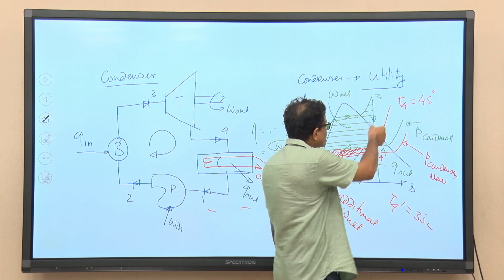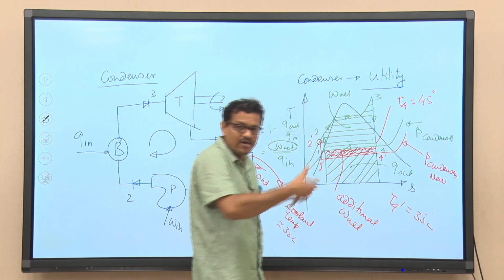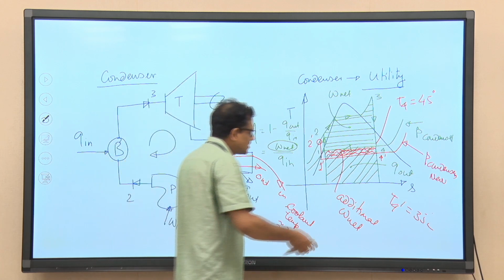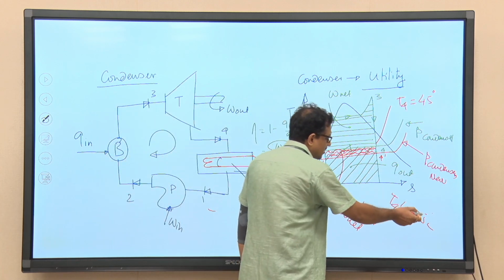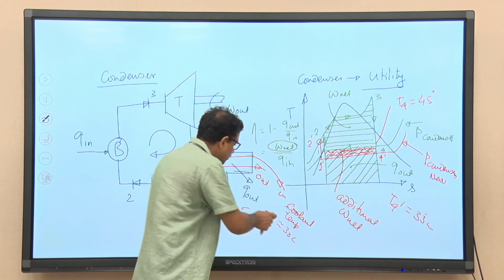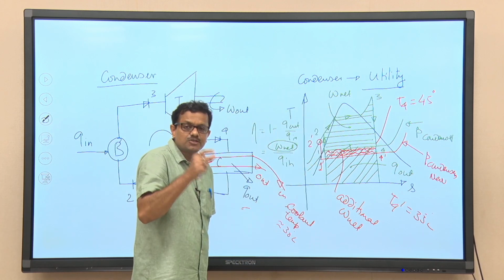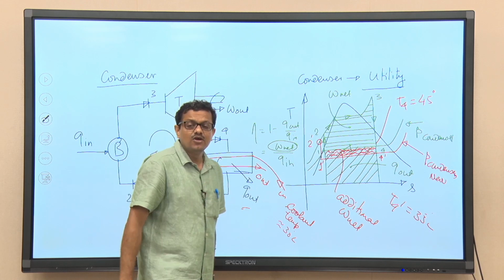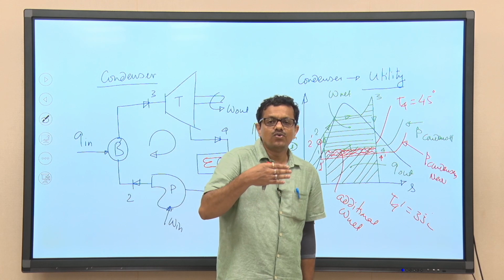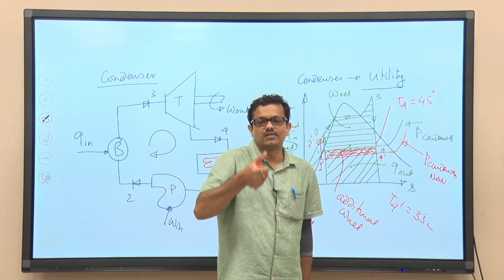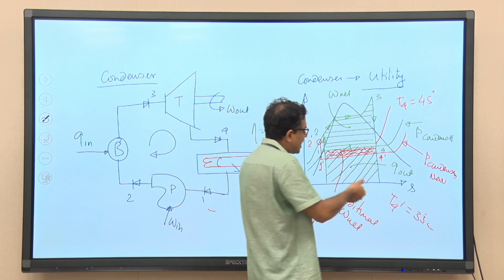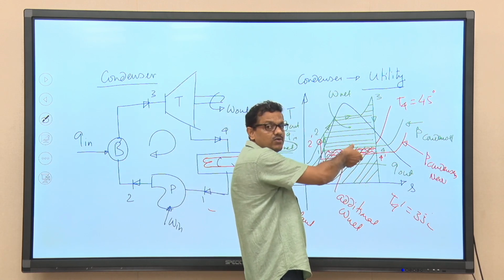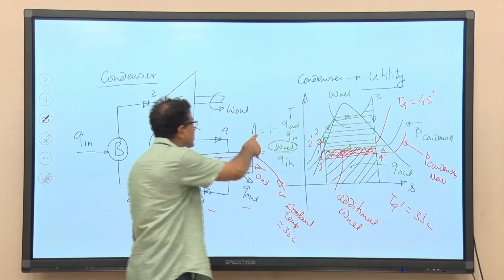If I allow steam to expand further, that means I am trying to extract more amount of work output. In that case, temperature at the exit of the turbine will be 35, and that will lead to a temperature difference smaller as compared to the previous case. If we can reduce the temperature difference, we will be in a position to reduce the irreversibilities. So, you can see at the cost of that reduction in irreversibility, work output from the system will be more, which in turn will increase the efficiency of the system.